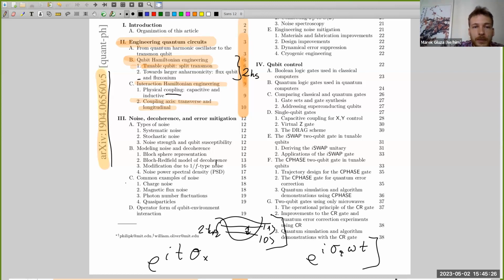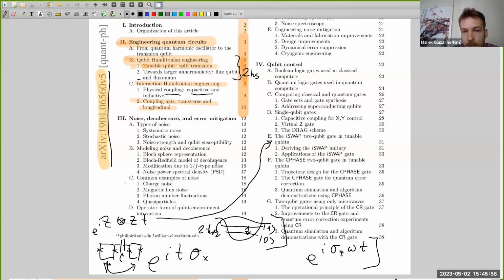Then you have physical couplings here, capacitive and inductive. The inductive is maybe not such a big role, but if we have a transmon here, we can bring them close to each other, and then there will be some separation between them, which will be some capacitance C. And that's more or less allowing you to exchange excitations between qubits. And that's basically something that will create ultimately evolutions of this type, only that this will not be the Ising coupling so much, but the I-swap interaction of 2 qubits is much more natural for